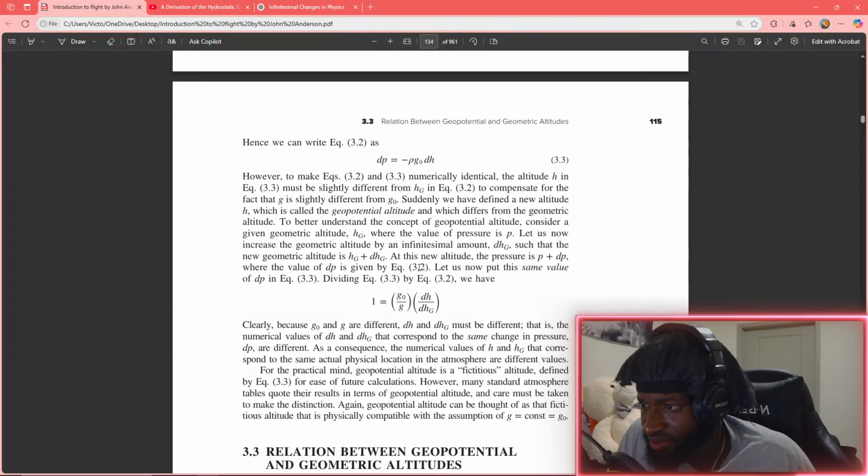There's not an increase for a small amount of DHT such that and the pressure P plus DP, where value of DP is given acres 3 by 10 does not put the same value of DP in 3 by 3 divided acres 3. We have